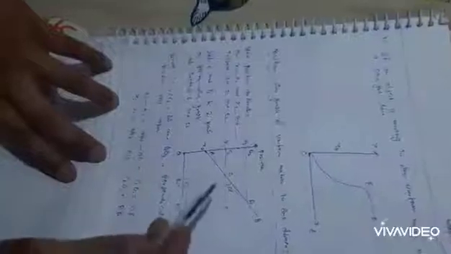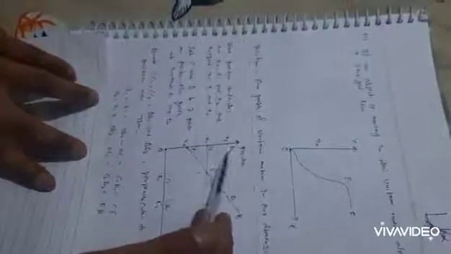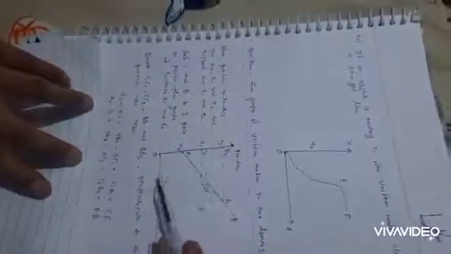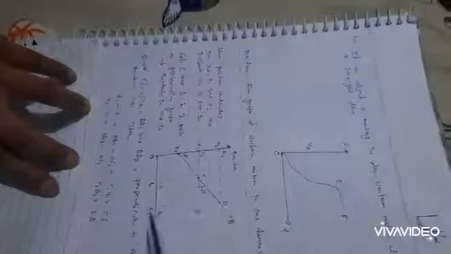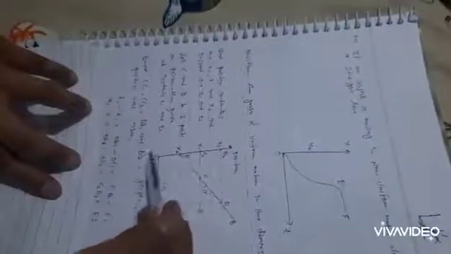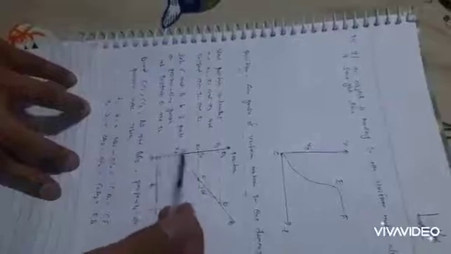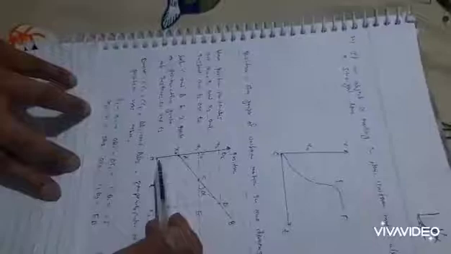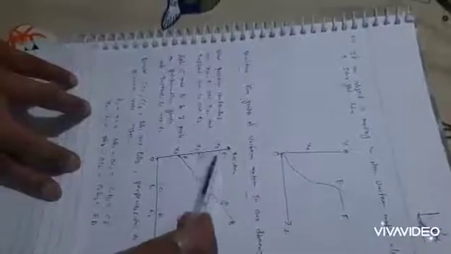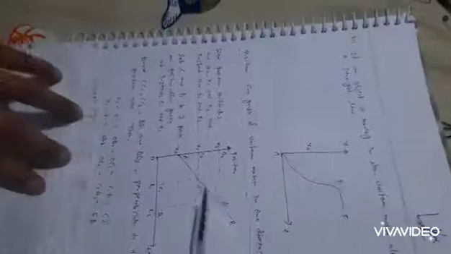Now let's subtract x2 minus x1. So x2 is basically your OD2, and x1 is basically your OC2. After subtracting this, we are left with C2D2, that is basically ED.